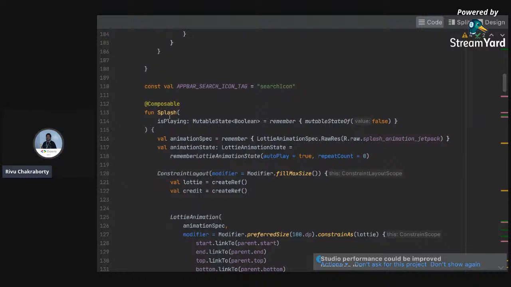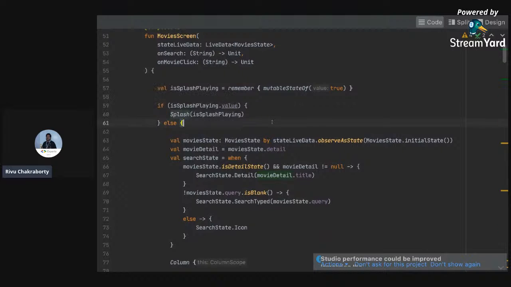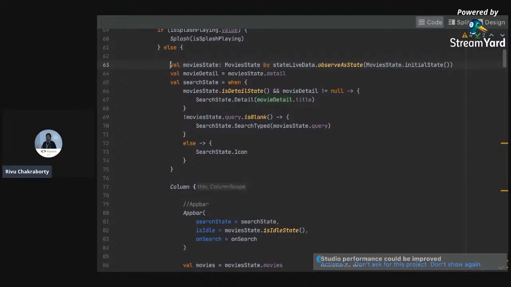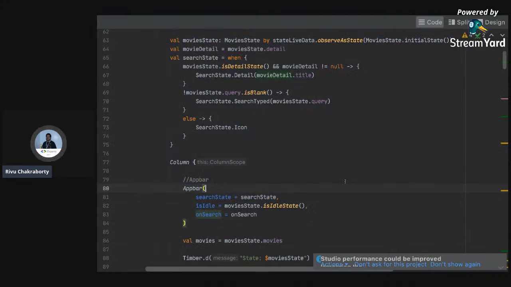It's more of like passing a data class and modifying some value of the data class. Yeah. So when the splash is false, then we are doing all of this. So by default, we have the movie state, right? And if it is